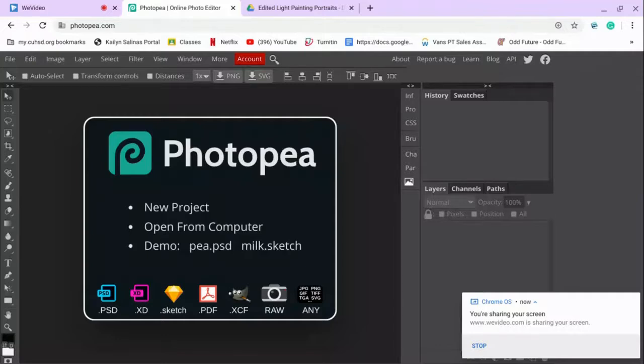So you'll need to go to photop.com. You can use this on your Chromebook. Now the processing speed is a bit slower, so you will need to be very patient with Photop. However, it's very easy to access our files. So all you have to do is go to File, Open,